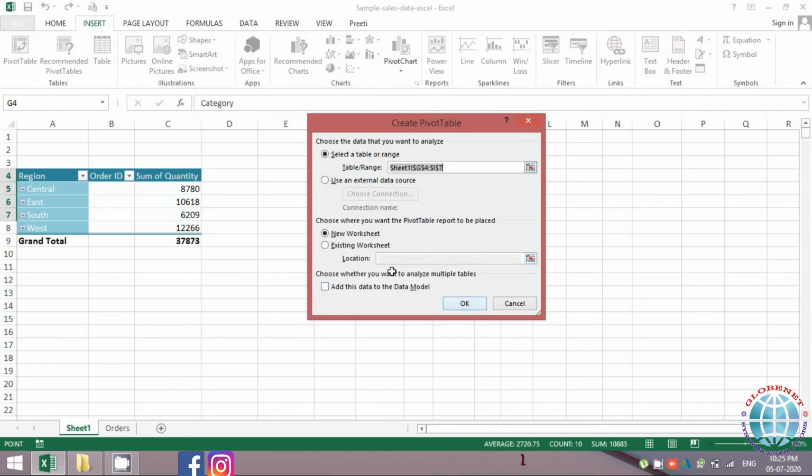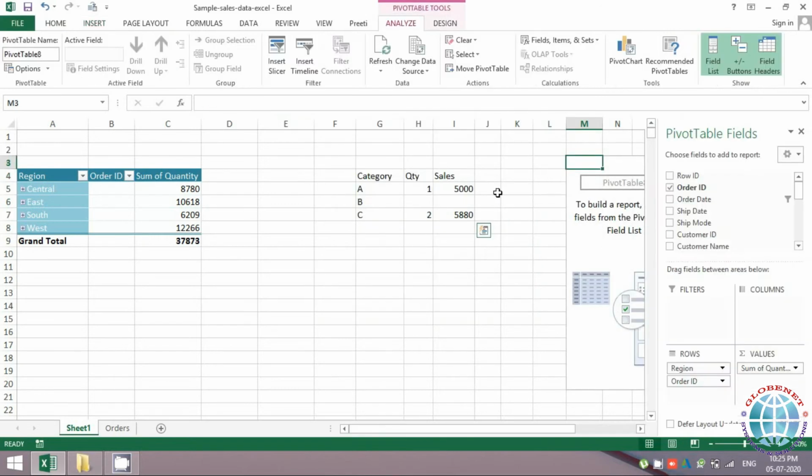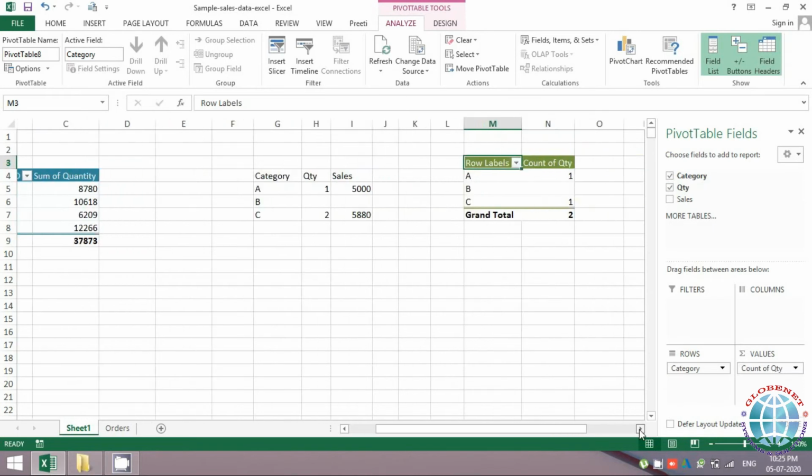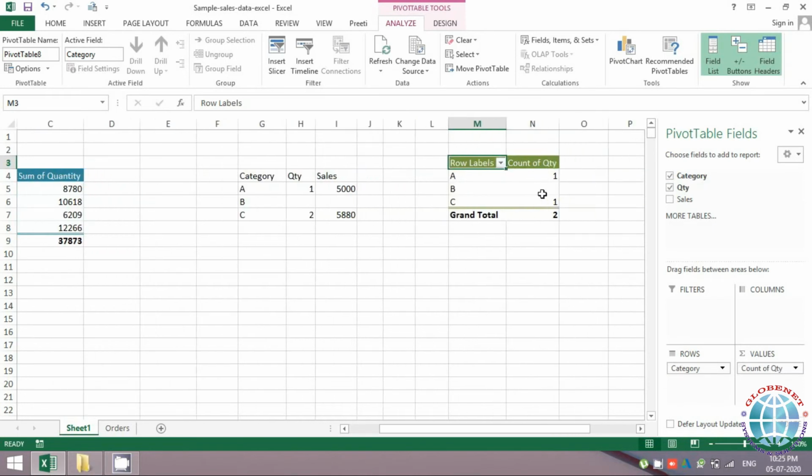and I'll say existing worksheet. This is just a working sheet, and I want to quickly show you some features. So I'll create category wise, quantity wise. It's going to give me a similar view, but if you notice, there are blanks. Now there could be scenarios when there is a blank. For example, a particular salesperson has not done sales for a specific period, and there would be blank values against it. You do not want to show blanks for presentation purposes, and you would want a 0.